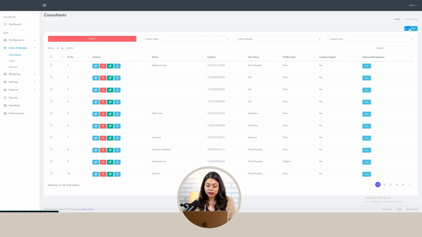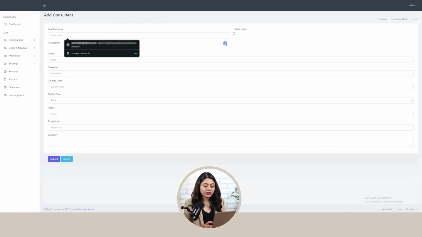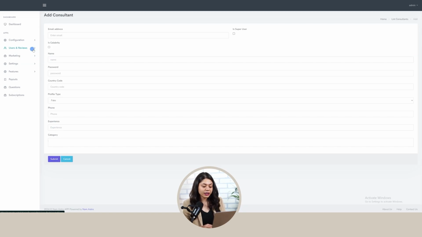To add a new consultant, click onto the Add New button, add email address, select if it is a super user or not, add name, password, country code of the consultant, profile type, phone number, experience of the consultant, category, and submit the details. Then we have a user section where we can view the details of the registered user,